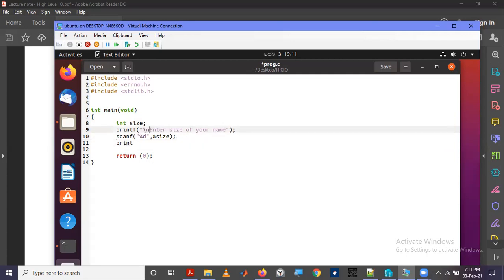We'll pass the newline, otherwise everything will be on the same line. Then we'll create a variable to store the name as a character array, name, of the size that was read from the user. Then we'll ask the user to enter your name.